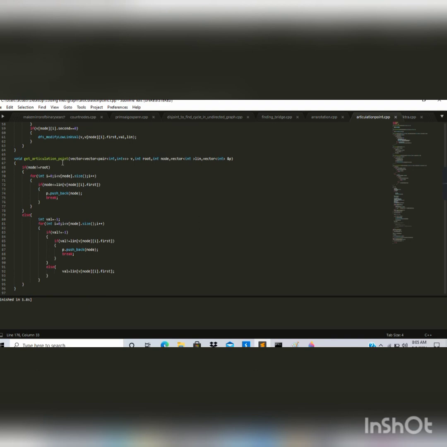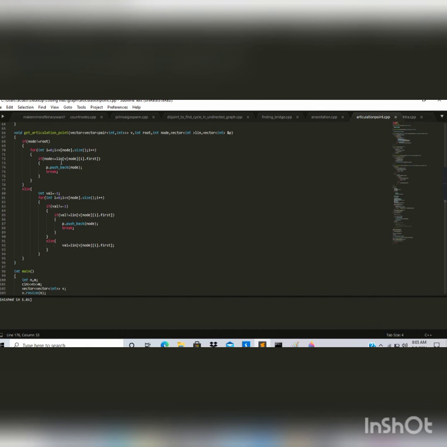But if it's a root node, we see whether it has more than one child, and if the low link values of its children are different, then that root node becomes an articulation point.